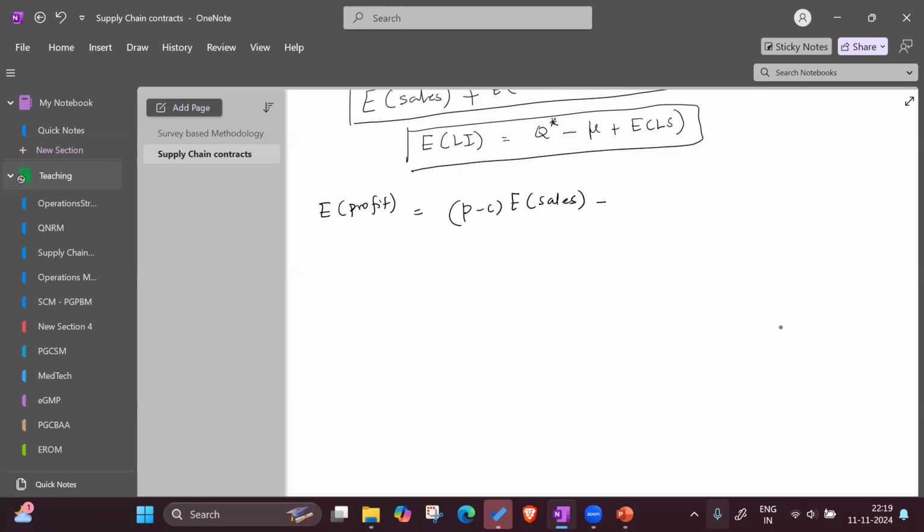Now, once this is done, what is left over with him is expected leftover. Now, remember that lost sales will not get into your profit because a lost sale is a lost sale. It's kind of an accounting term, but it is not exactly profit, right? So expected leftover inventory is something that you will have, which will be on your books. So you will have a cost corresponding to that. But if you can salvage that, you will get some money back, right? So that is the reason why this gets multiplied by C minus V. Now, as we already know, P minus C is your